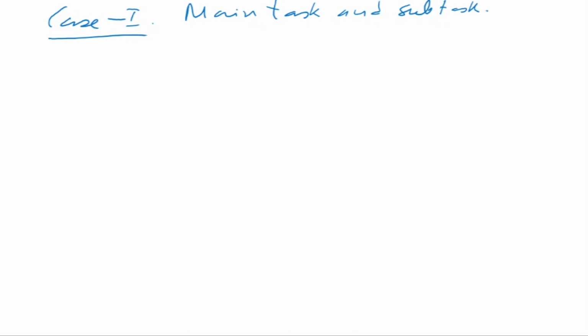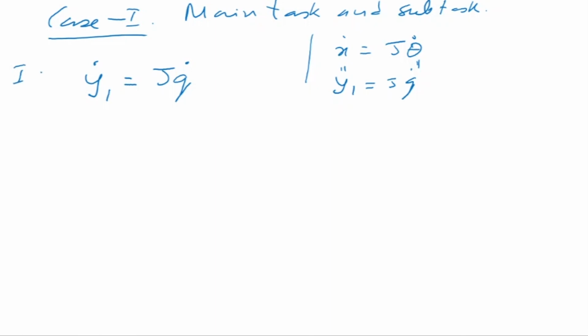Now this means that let us define this as y1 is equal to j into y dot is equal to j into q dot. Okay, this is equivalent to saying x dot is equal to j into theta dot. Okay, so here is my y1, j into q dot. So this is my main task. So main task 1 is to follow this trajectory which is defined by y1 dot is equal to j into q dot, where j is the Jacobian matrix. Now Jacobian we have seen, let me also write it here, j is m by n. So it's a redundant system.